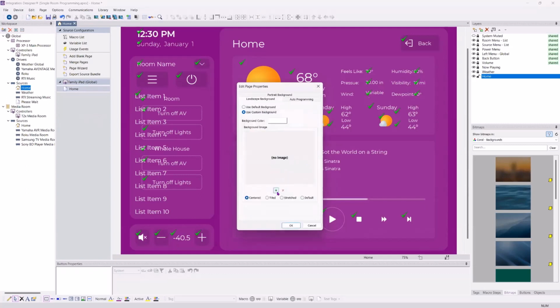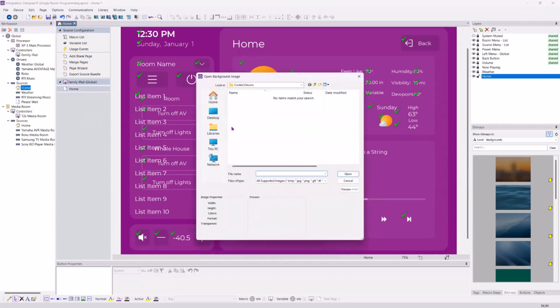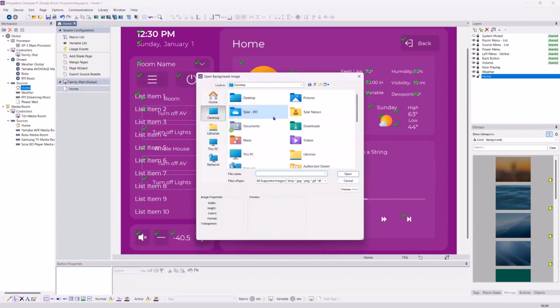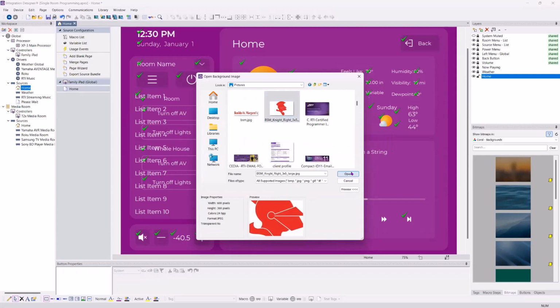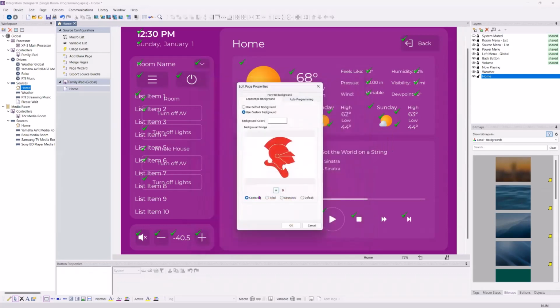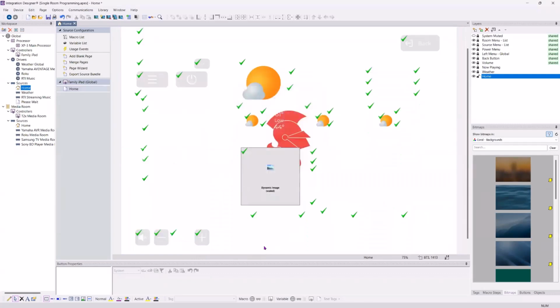But then I want to add an image. Let's find an image. Press plus. Let's go to my desktop here and find a picture that will work out for us. Picture, and I'll find an RTI. Oh, let's just use this one for fun. I press OK. I want it centered. Boom. Oh, that looks terrible, but